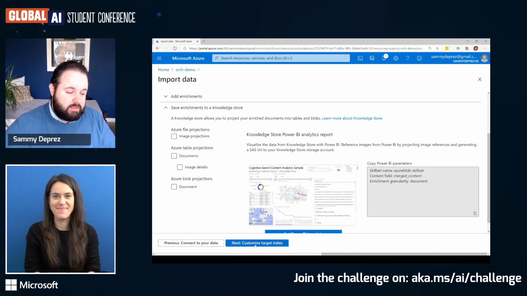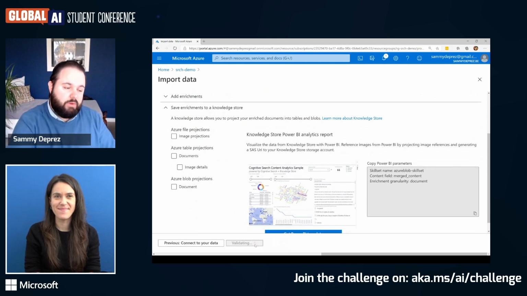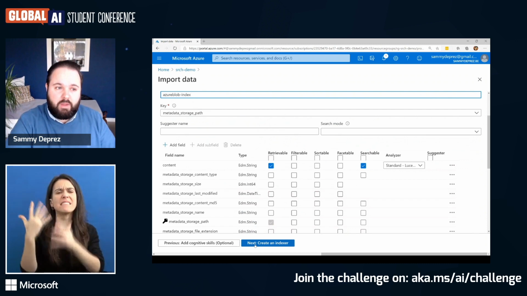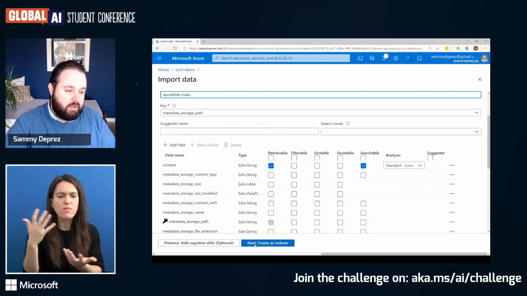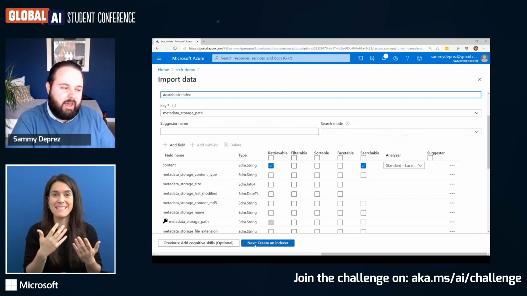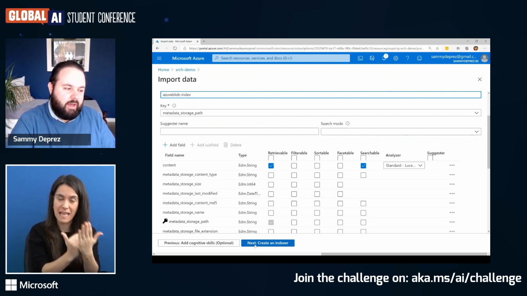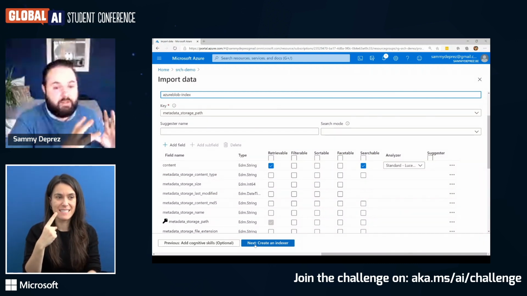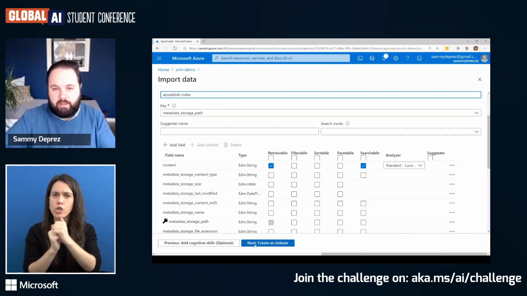And the next one is target index. Now, we've already talked about the data source. You have your indexer. And now our last, we have the data source, the skill sets, and now we have our index. The index is the way how you are going to save all the now structured data into a kind of database.